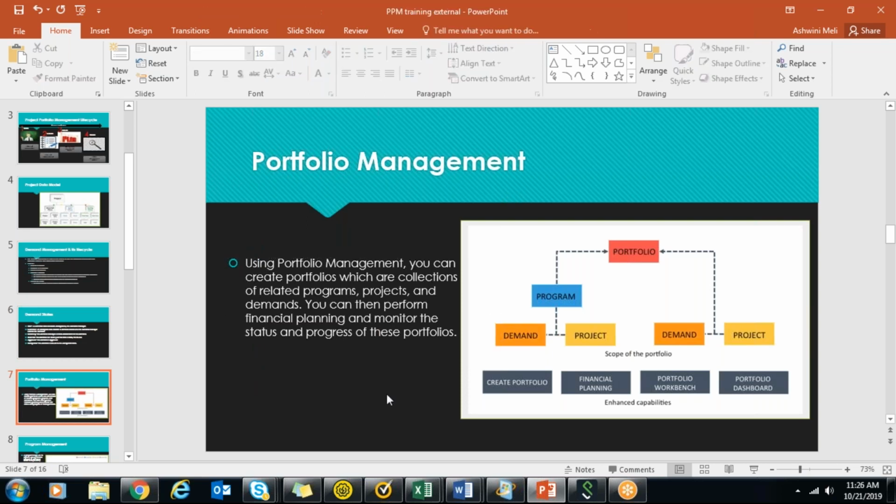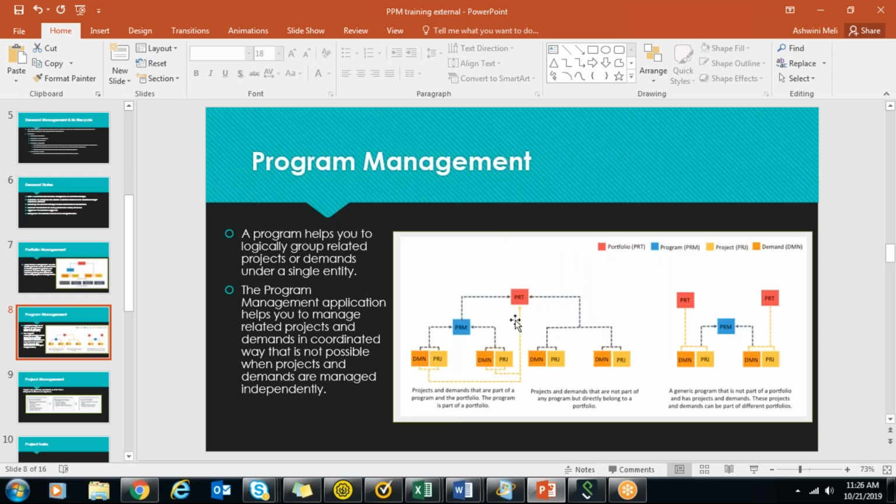Using portfolio management, you can create portfolios which are collections of related programs, projects, and demands. You can then perform financial planning and monitor the status and progress of these portfolios. Under portfolio comes program. A program helps you to logically group related projects or demands under a single entity.